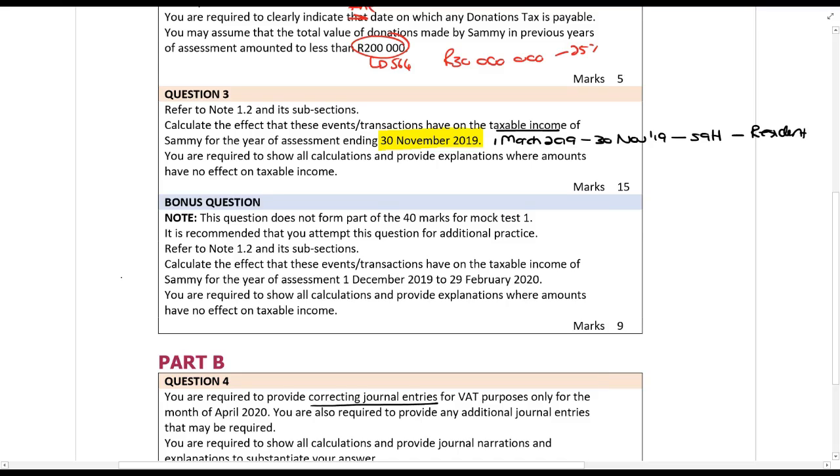Right, then I just say this bonus question, guys, doesn't form part of the mock test. Refer to note 1.2. Calculate the effect that these transactions have for the year of assessment 1 December to 29 February. So you see that's now just the rest of this 12-month period. And this is again because of section 9H, because it says once you are a non-resident, you start a new tax year. You are required to show all calculations and provide explanations where amounts have no effect. Okay, so here we go. So this first one is 1 March